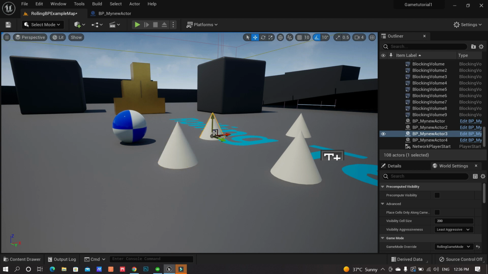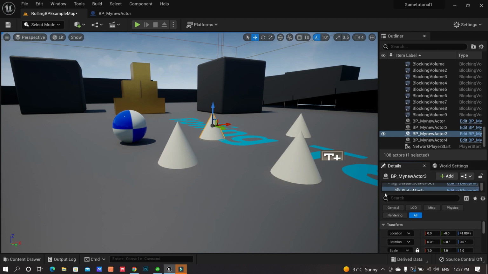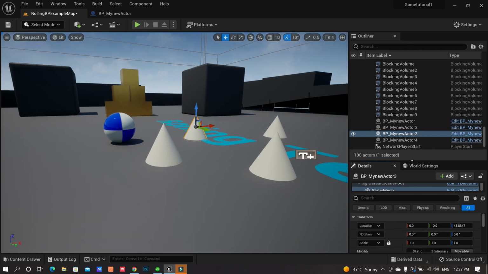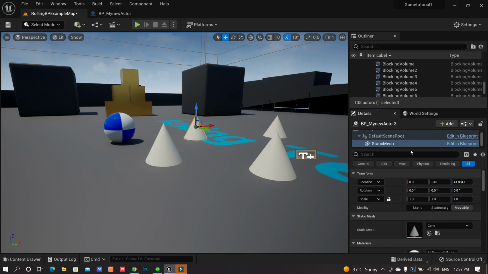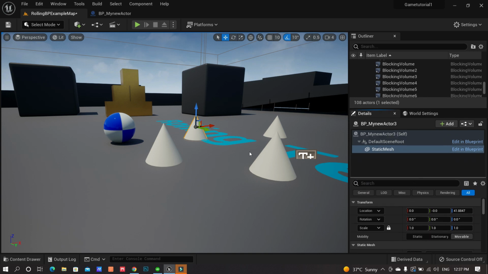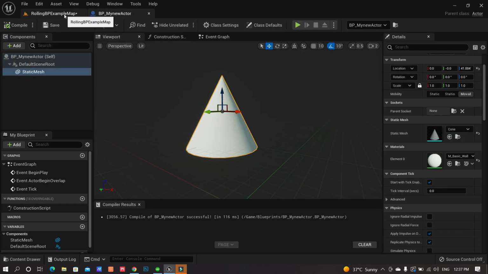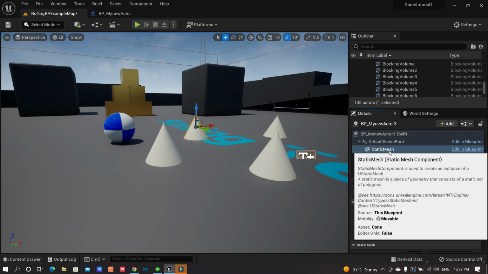So what we can do, let's click on this particular blueprint and double click the asset. Once you double click the asset, if you go on the right side, let me just give you a little bit more space in terms of understanding. So once you click on this instance of your blueprint, you will see that you have selected instance 3 of your blueprint. It has a default scene root which is already in this particular thing. It's the same format, and it's showing the static mesh has been selected for your blueprint.